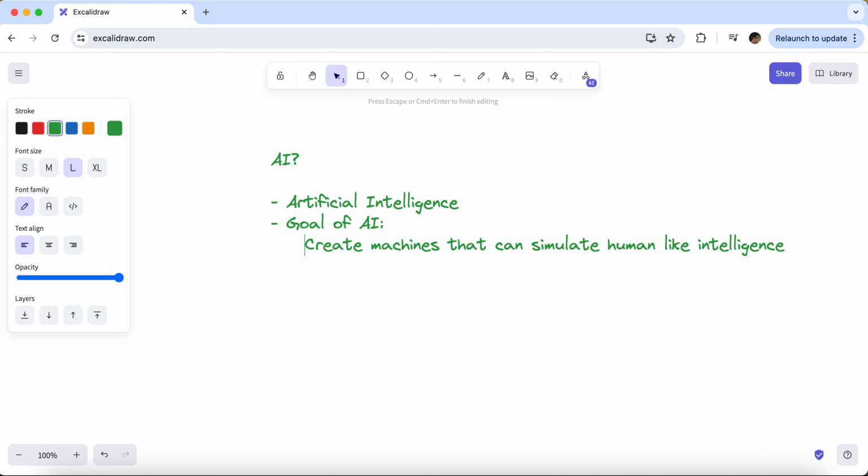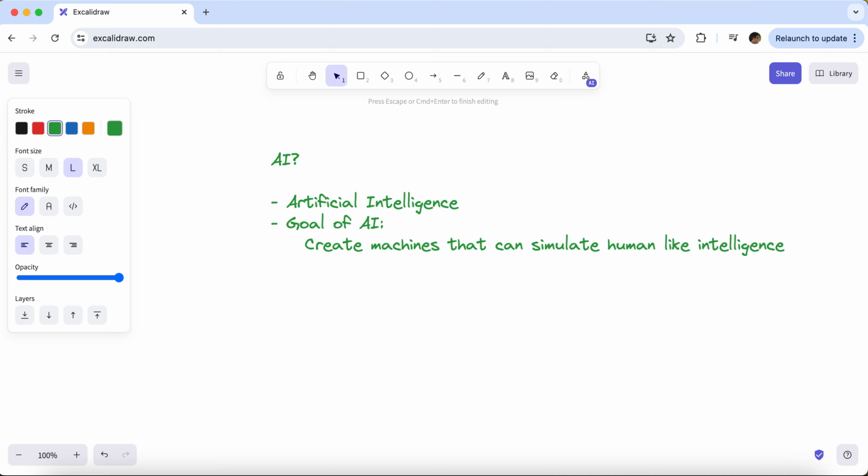It's not new, there are lots of researchers working on it nowadays. It has got a huge amount of traction, but this is something that has been worked upon for a very long time within all the aspects or all the fields of industries, right? So this is like a general introduction about AI, a few thoughts that I have in my mind in terms of artificial intelligence and its goal.